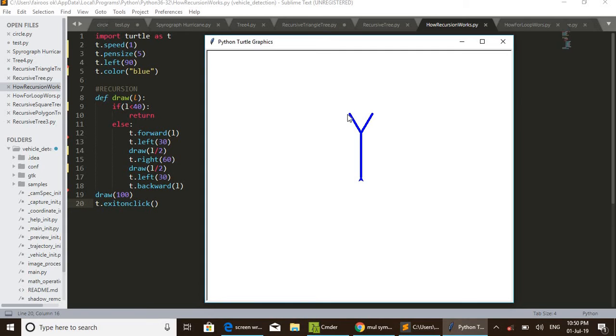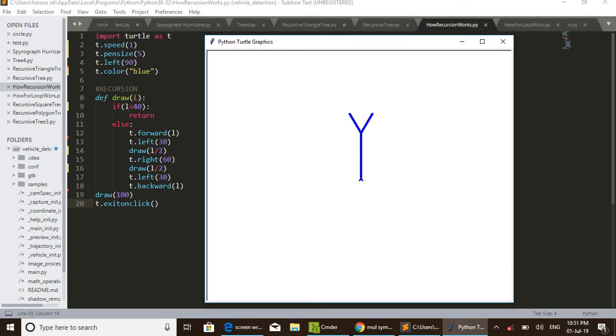The turtle stays in this position and turns 30 degrees left, and again draws L by 2. It is again calling the same function with L by 2. This time the L value was 50, so L by 2 means 50 by 2, that is 25. The function is called again with the value 25, then it goes to the same function and checks this